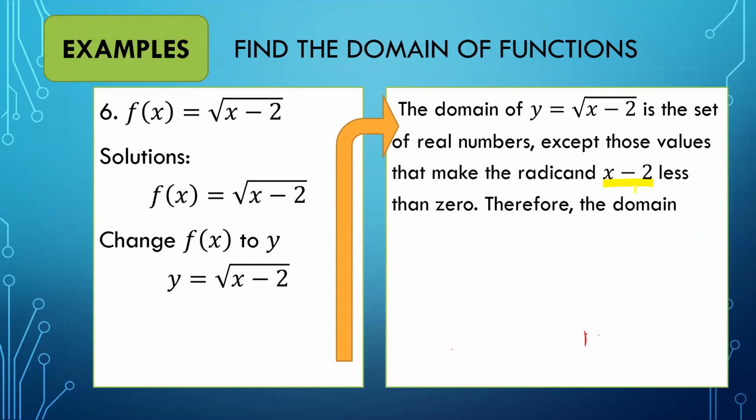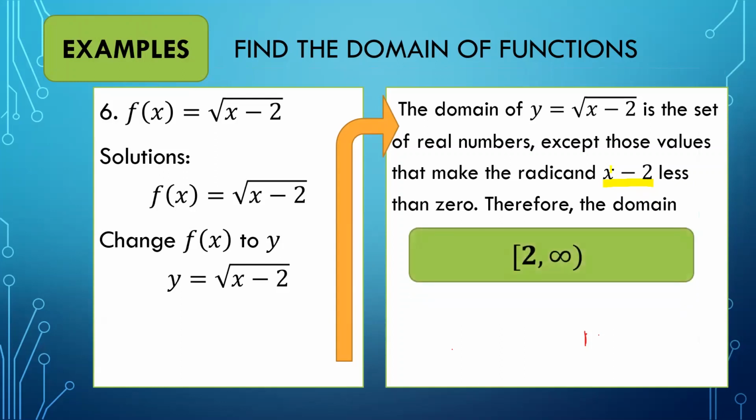So again, all real numbers except those numbers that will make the radicand x minus 2 less than 0. So therefore, the domain will be from positive 2 to positive infinity. Why? Because the moment x is equal to